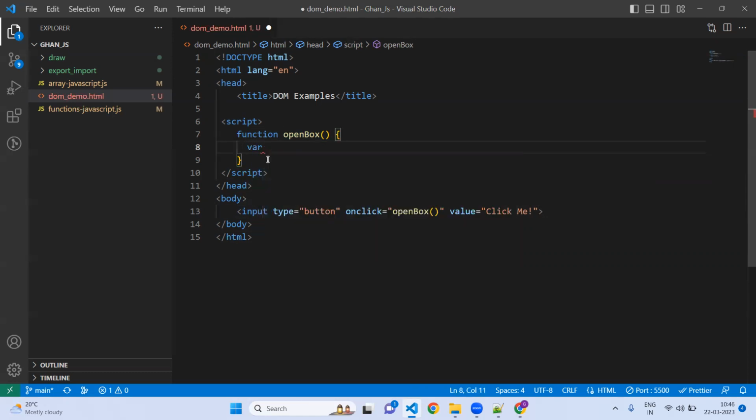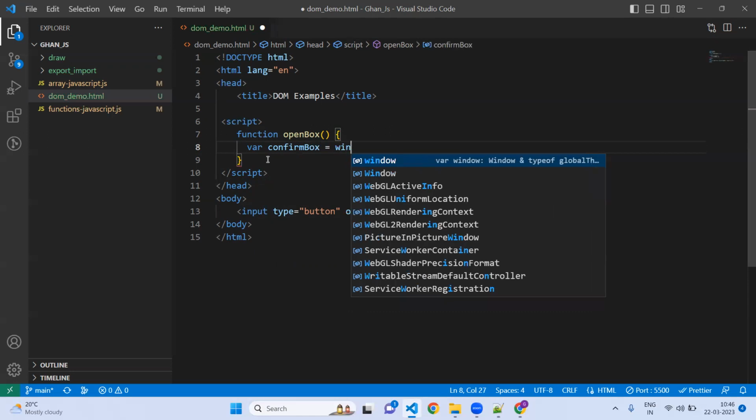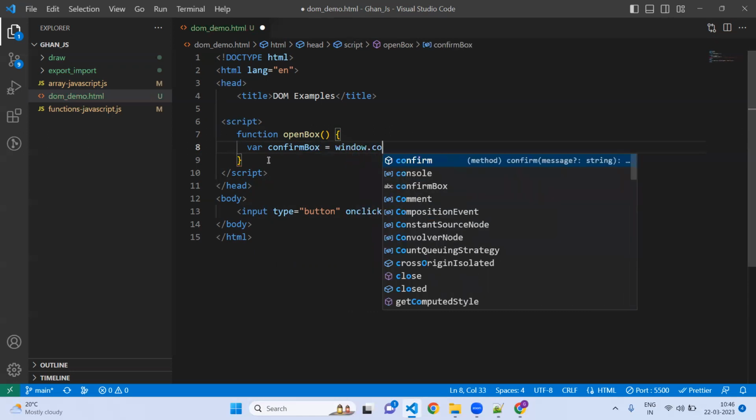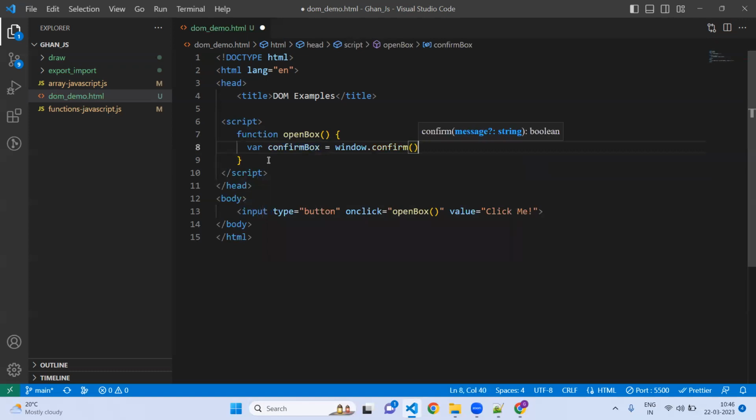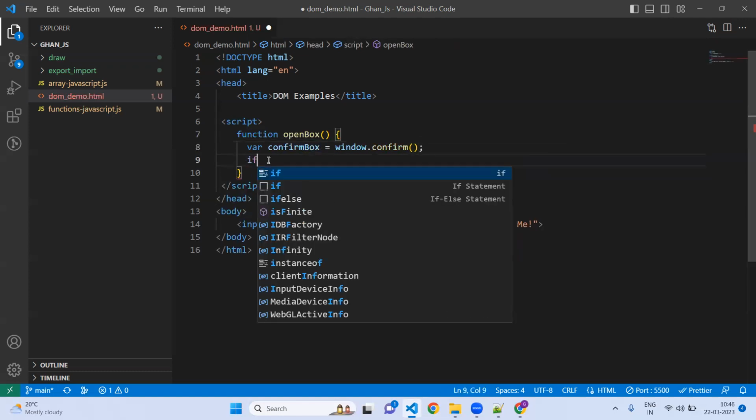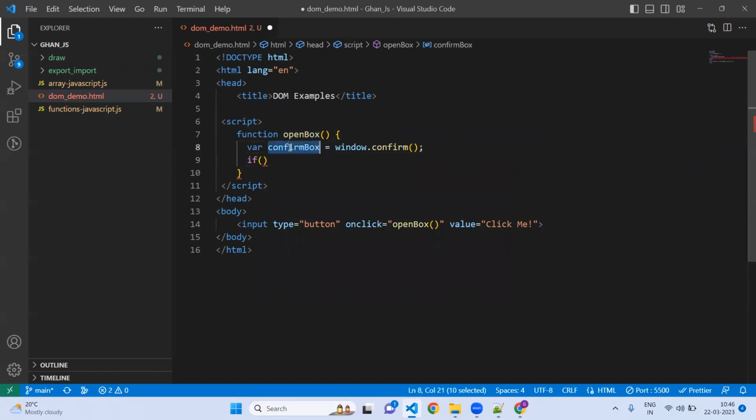So var confirmBox equal to window.confirm. We will check this if, meaning when you click this button, this function will call. This will check window.confirm; when this is called, it means this value is true. And if this value is true,